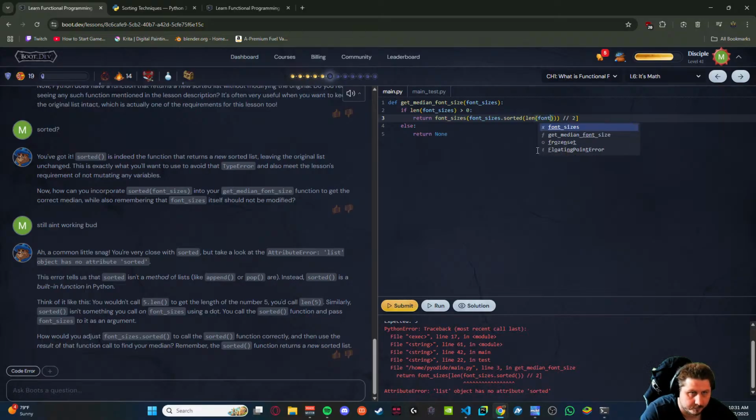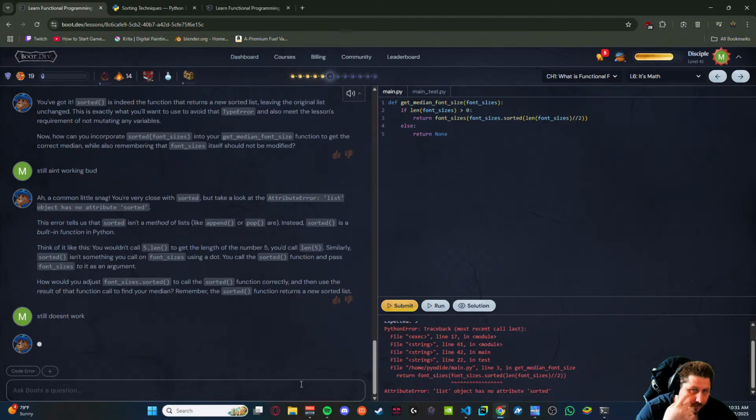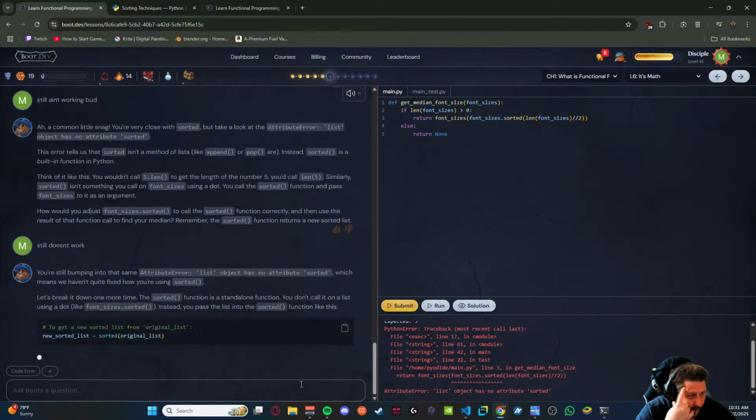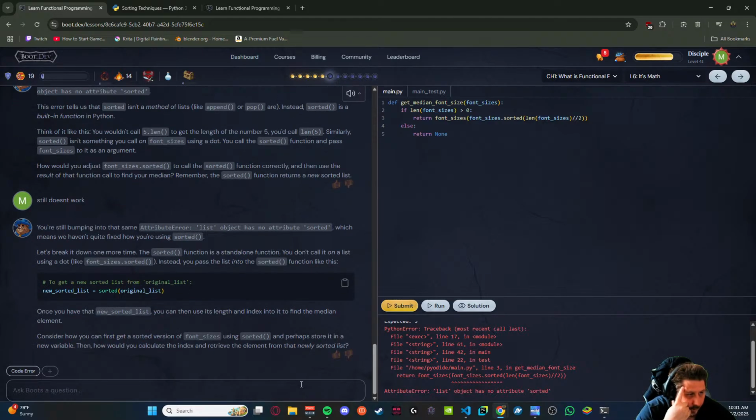Len of font sizes. Still doesn't work. Still bumping into the same exact attribute issue. Yeah, no shit.